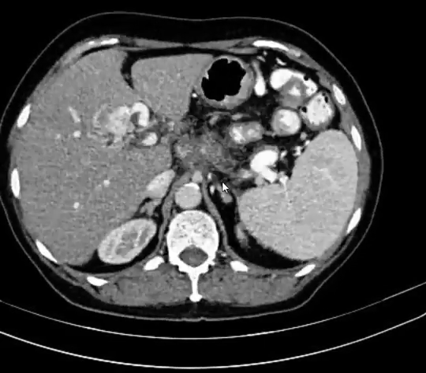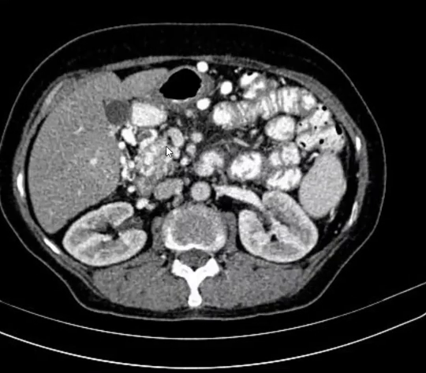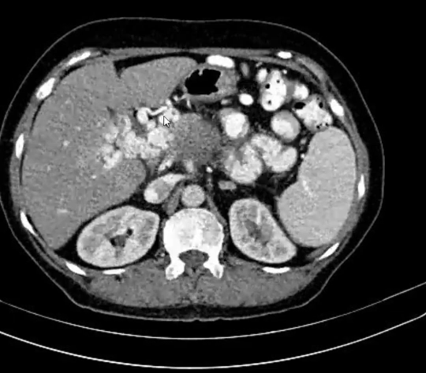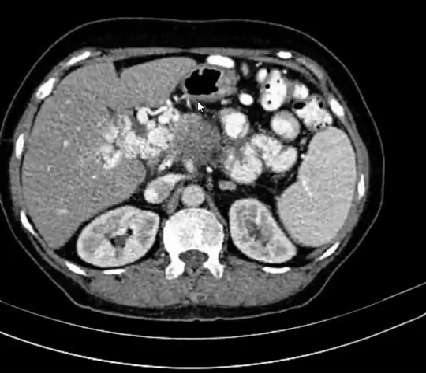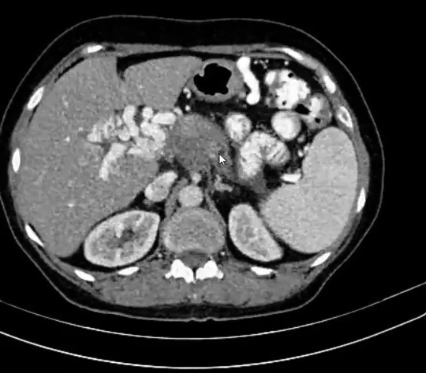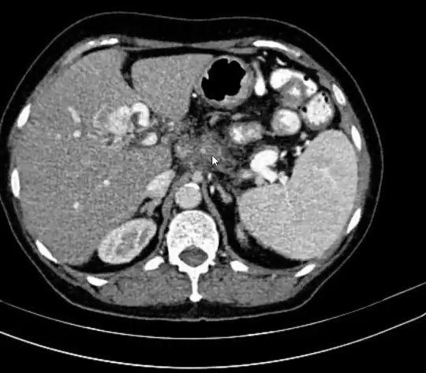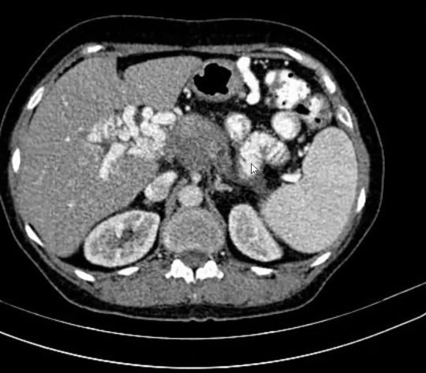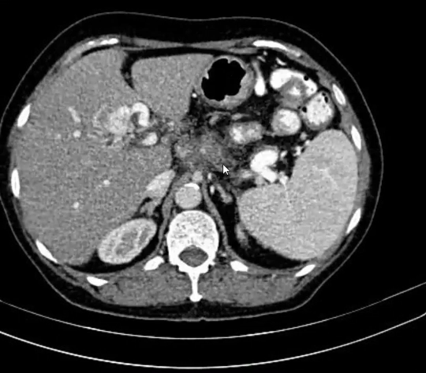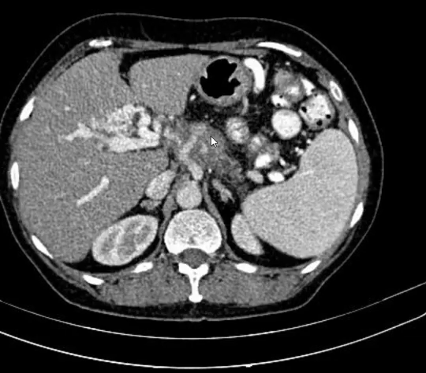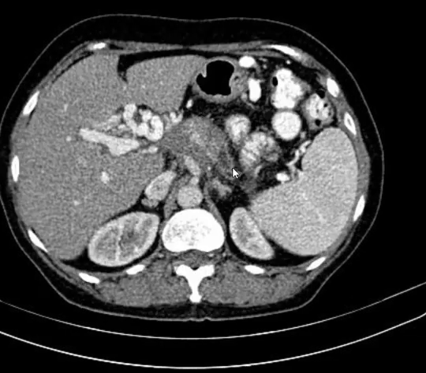So yeah, I can see an ill-defined infiltrative hypodense hypoenhancing lesion, which, let's localize it. It is involving the head and uncinate process, and the body and tail is atrophied with dilatation of the MPD. That is why we need to take the portovenous phase so that we can see enhancement of the duct.